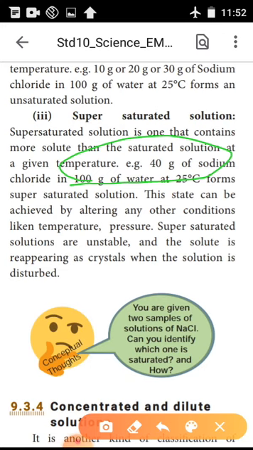So above 36 gram of solute means that is a supersaturated solution. Exactly 36 gram of solute means that is a saturated solution. If the amount of solute is lesser than 36 gram, that is an unsaturated solution, okay. The next one,